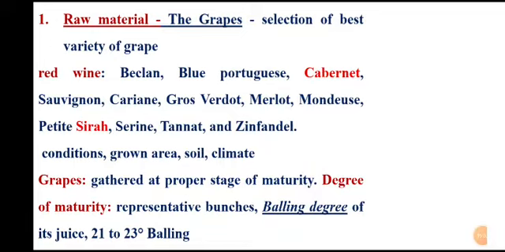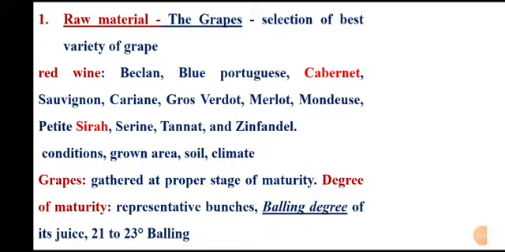So the desirable juice content should be 21 to 23 Balling degrees. This Balling hydrometer is a type of refractometer. Depending on the refractive index, the grape juice is placed on the glass of the Balling hydrometer, and there is a scale